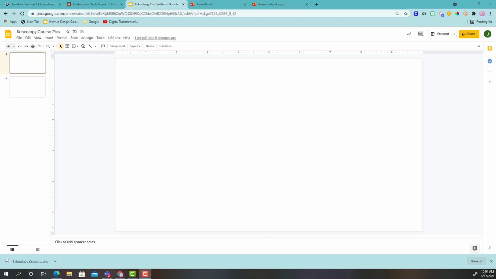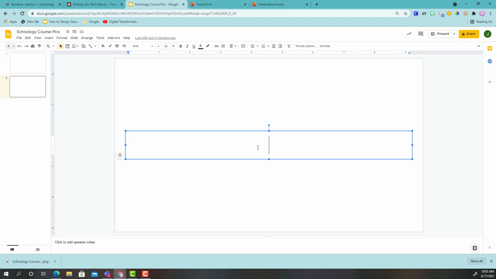So I'm using Google Slides. It's just like PowerPoint, and I'll show you how to do the same thing in PowerPoint. I just opened a slide deck, and I have a slide that I can manipulate. I'm going to pick number 2 because it's got a title already. Once I click my cursor where it says click to add title, I'm going to have the ability to type